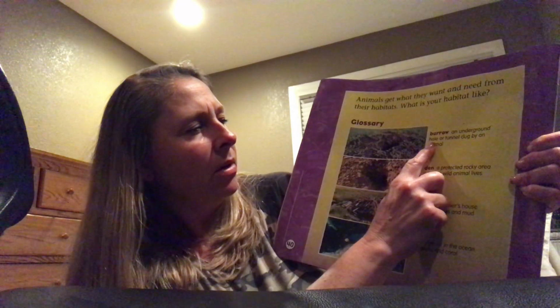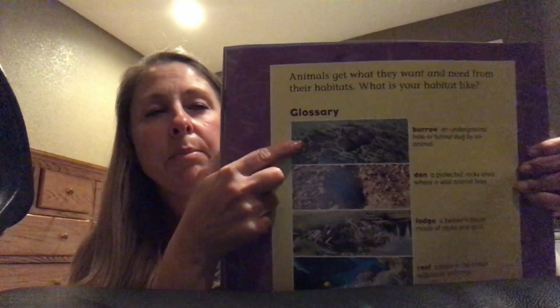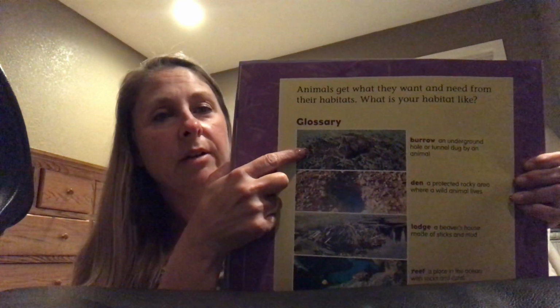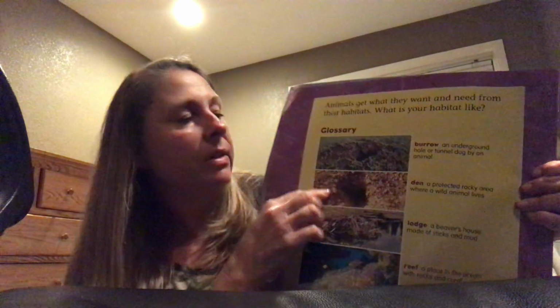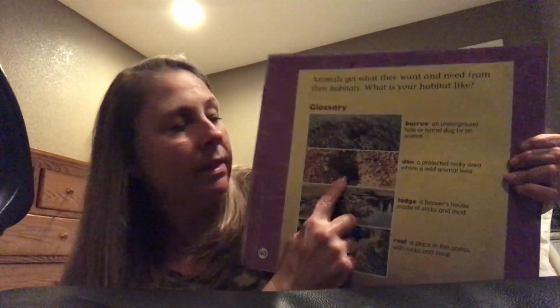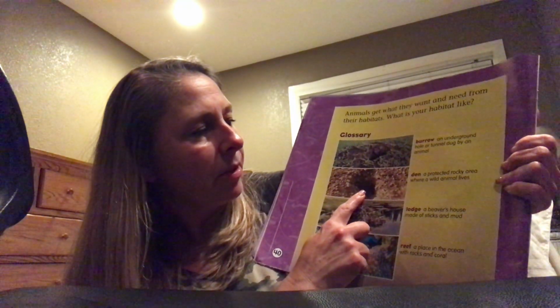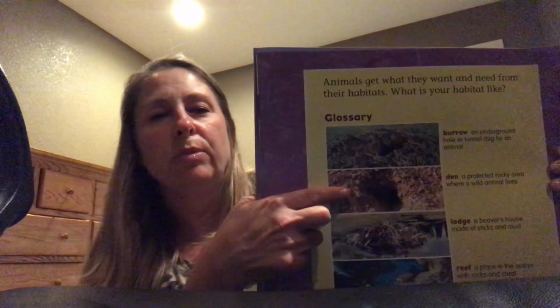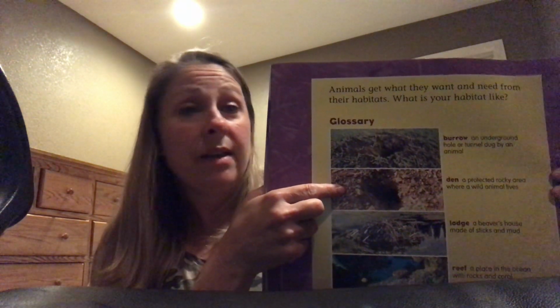But do you remember which animal lived in the burrow? A burrow is the underground hole or tunnel dug by an animal. Do you remember who lived in the burrow? So the burrow was the prairie dog, remember? And it had all those tunnels and rooms under the ground. This one was called a den. A den is a protected rocky area where a wild animal lives. Do you remember which animal lived in the den? It was the